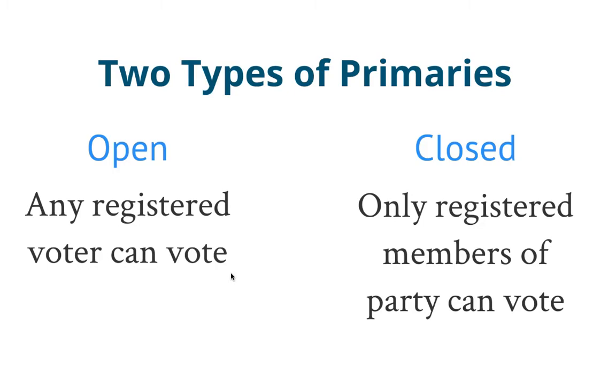All right, there are 2 different types of primaries. You have an open primary where anyone can vote, and a closed primary where only members of the party can vote. Most states do not hold open primaries because open primaries kind of encourage people to come vote for the worst of the candidates, especially from the opposing party. So, for instance, if a Democrat were to go vote in the Republican primary, they're most likely to vote for the worst candidate so that the best candidate does not get enough votes to run against the Democratic candidate, because obviously you would want